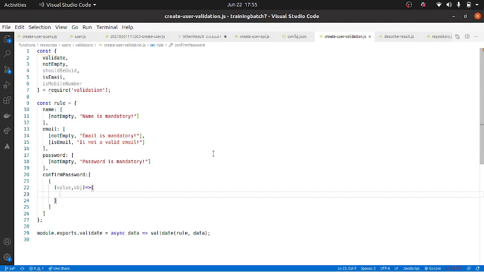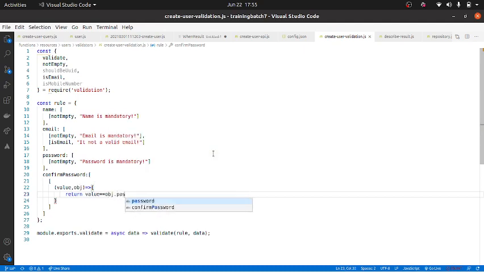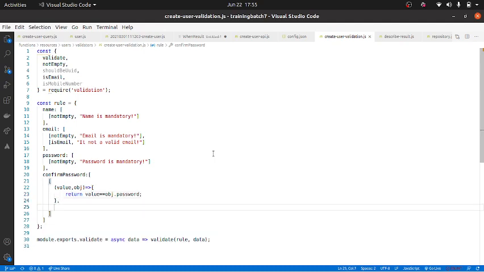So now I can tell it to return if the value equals object.password. If this is the case, then what happens? The second parameter in the array is nothing but the error message: confirm password did not match.